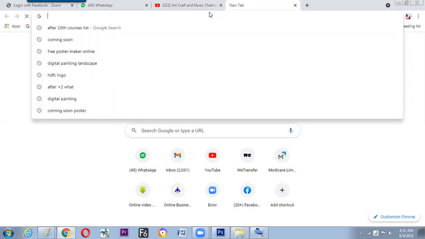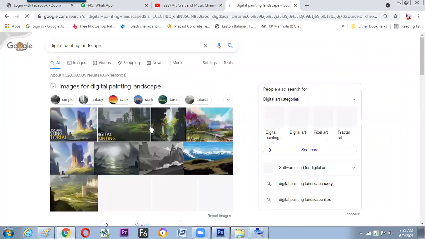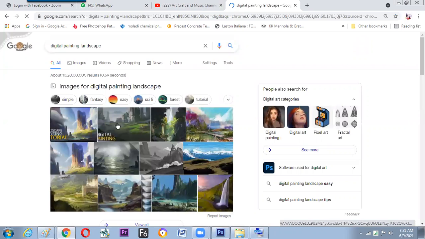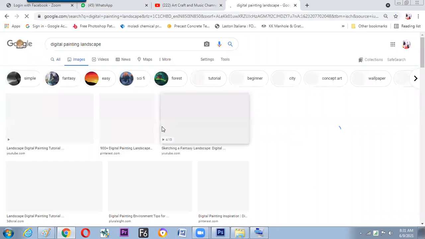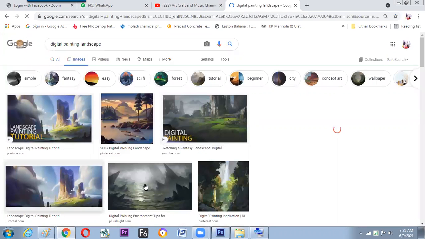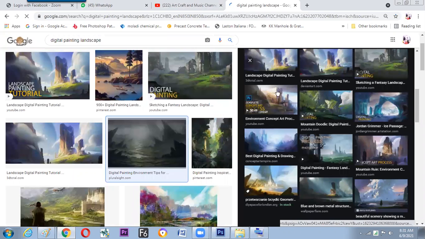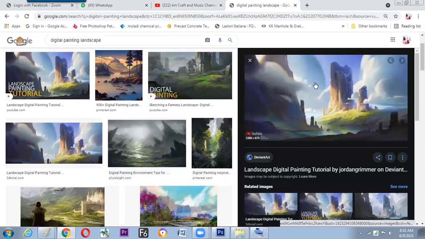Go for digital painting landscape. So hope we can see something disappear, something appear. All of these things are done through this masking concept. You can see the things that are far away are not so visible. So they mask it. They make the design complete and they can make these things disappear with the help of your mask.